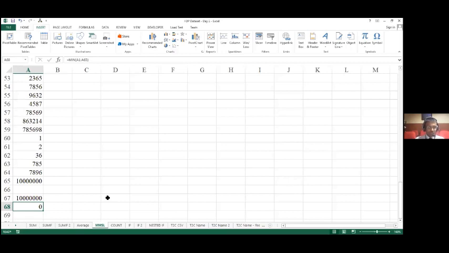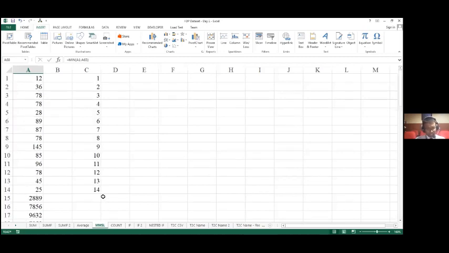So you can use this functionality to find out how my students have done in my subject. This is just a practical application of this formula.